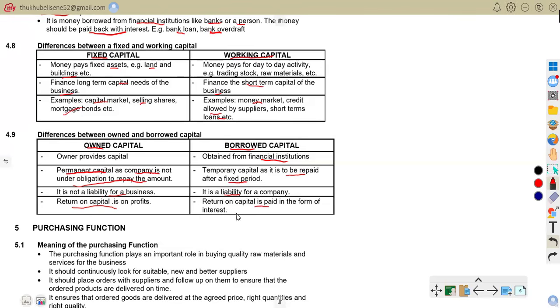Return on capital is paid in the form of interest. So that is that. There is a return. Return is interest. So now let us move on